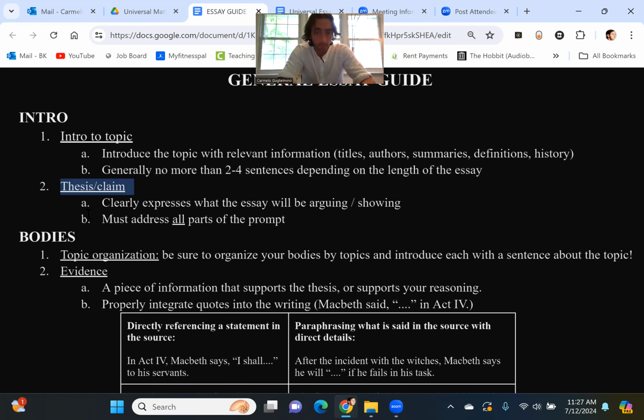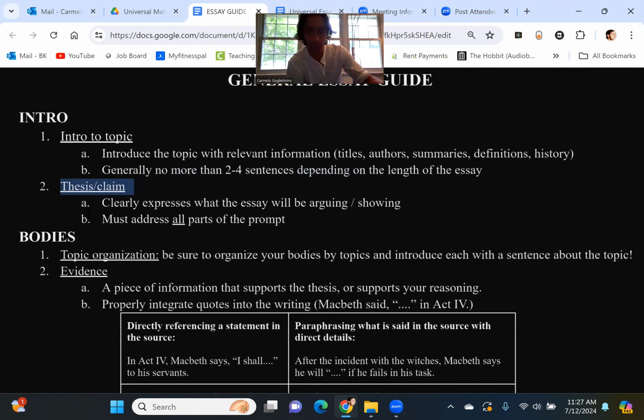It's a statement that basically tells us what you are going to be saying and what your particular answer is to the essay prompt. If the essay prompt is saying, write me an essay about the tragic flaws of Romeo. What is the tragic flaw of Romeo? Write me an essay about what the deeper themes of The Lord of the Rings are, et cetera. You get all these typical prompts, which is a really good thing because it gives you a direction on where to write. That's what the thesis is. It is your answer to that.